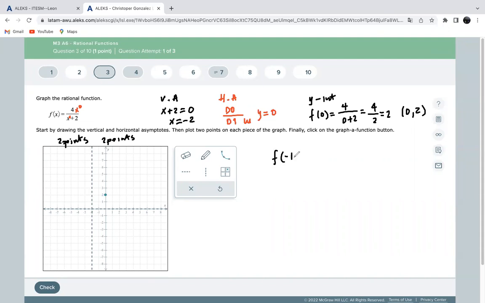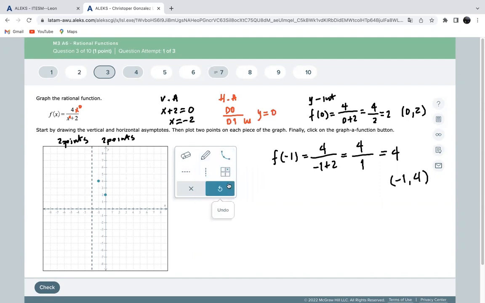So f of minus 1 is equal to 4 divided by minus 1 plus 2. That's 4 divided by 1, and we get a 4. So we're going to use the coordinate minus 1, 4. Let's sketch that point. You can use the plot point tool or the pencil. So minus 1,